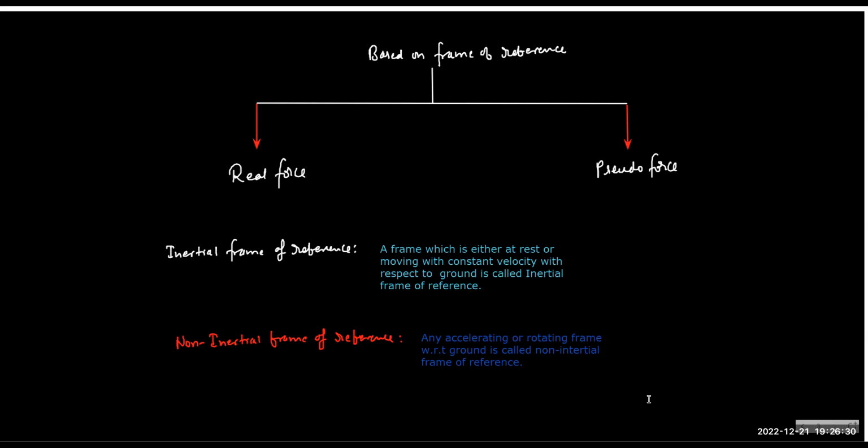So what I defined was any observer attached with a coordinate system is called frame of reference. Do you remember this? And I talked about the mathematical observation. See, as a person, you can give qualitative value, but the coordinate system will give you quantitative value. So when both are there, the person with respect to the coordinate system, then together we call it frame of reference. I hope this is clear.